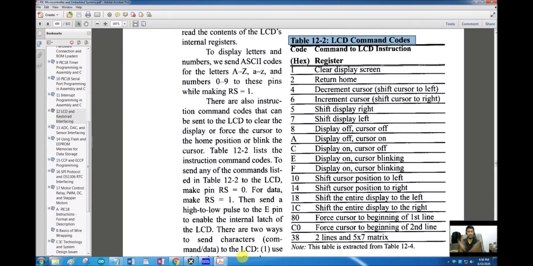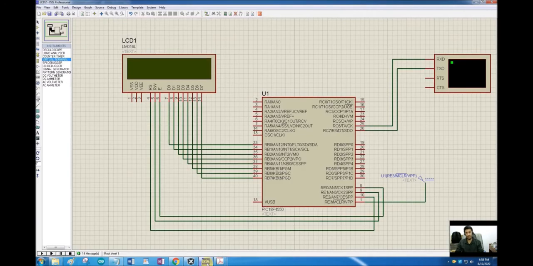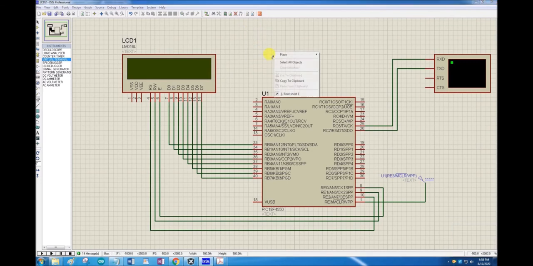Similarly, a 20x4 LCD means there are 20 characters in each line, and there are 4 lines of 20 characters. So here we have an LCD of 16x2 lines. Then each character is further something similar to this highlighted portion here. There are multiple dots that make up one character.